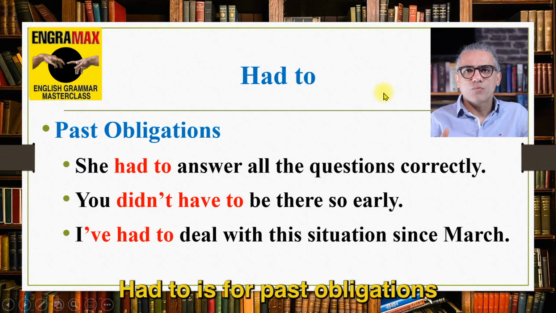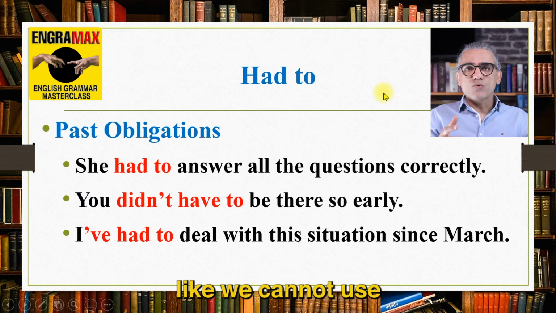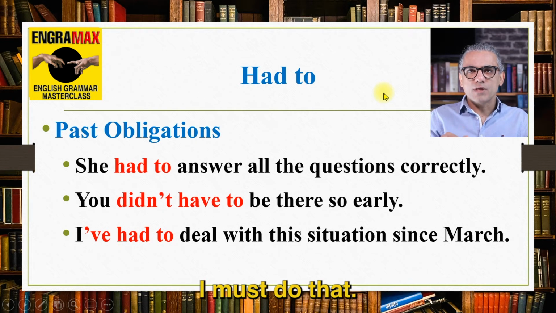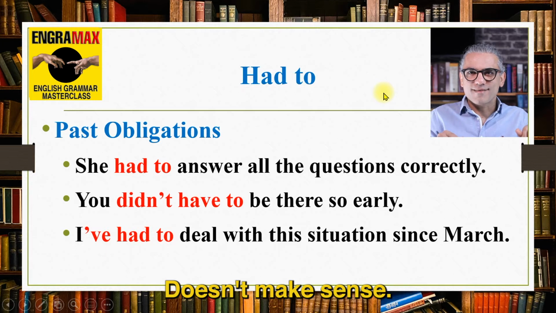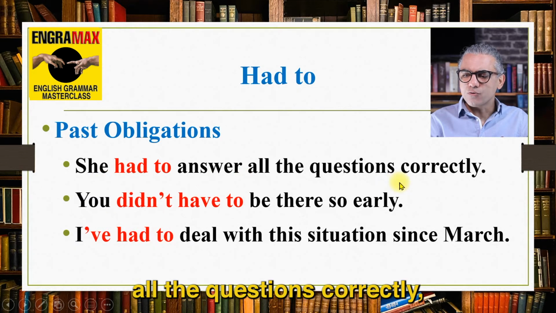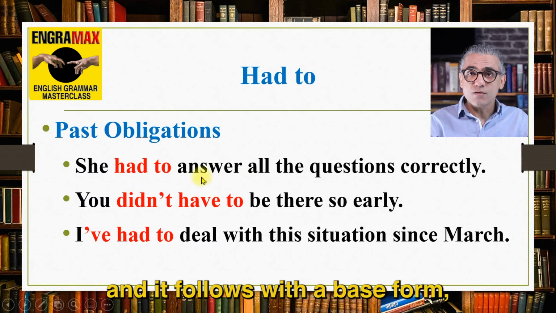Had to is for past obligations. Like we cannot use must for obligation in the past. Like you cannot say, yesterday I must do that. Doesn't make sense. You say, I had to do it. Past obligations. She had to answer all the questions correctly, and it follows with a base form, just like a